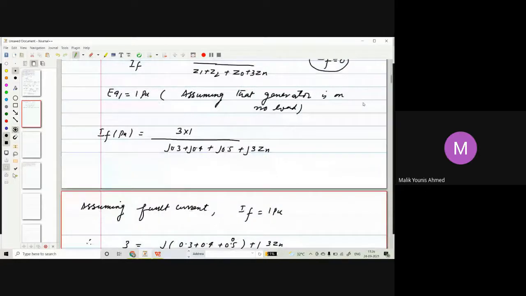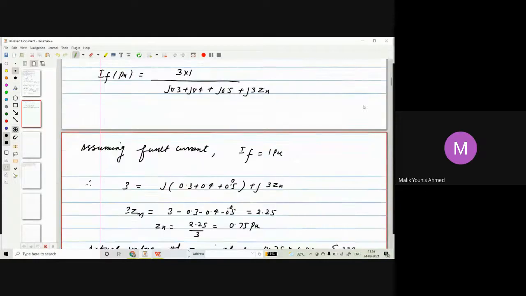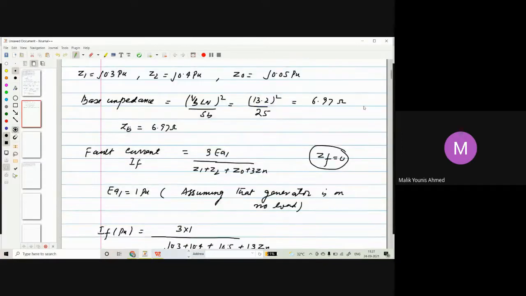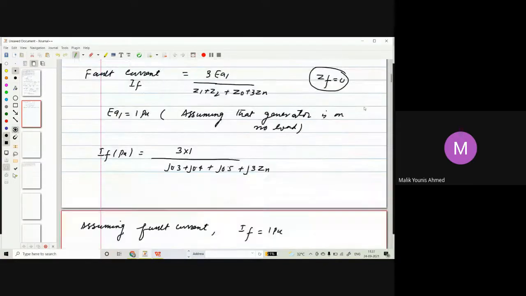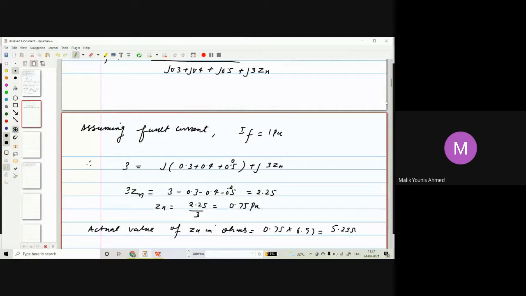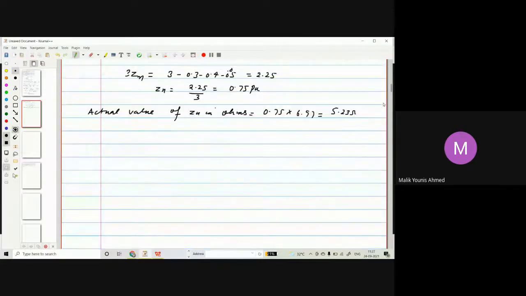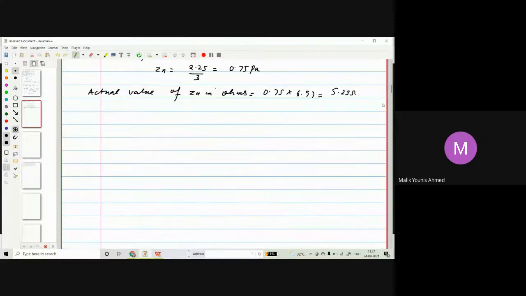Now B part of this is: what value of resistance? Now if the reactance is not given, this should be very simple. Whichever the fault is there, get the base values, get the fault current. If fault current is not given, assume it equal to the rated current, which is always 1 per unit. B part of this is if the resistance is